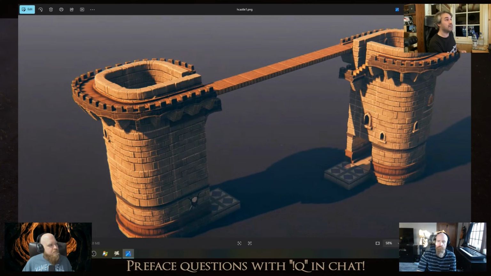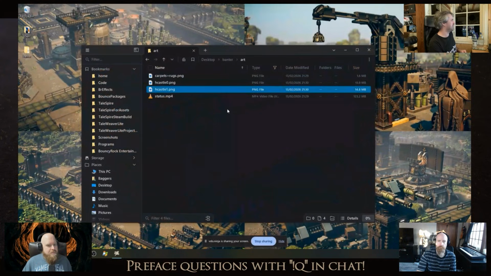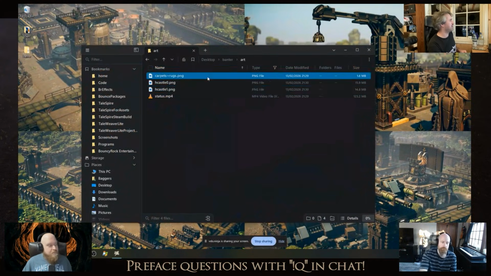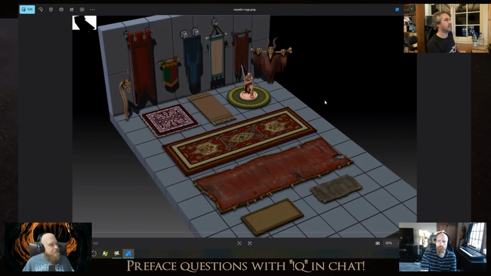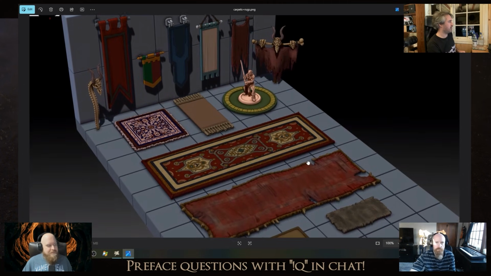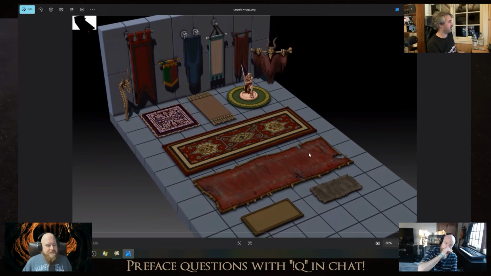Also on the art side, hey, actually, Jason, you'd be able to talk us through what's going on here. Let's see. That is the new rugs and banner pack that's coming out. So originally we were going to ship these along with the castle refurb, but they can have their own pack. Why not? So yeah, I've been working on these, and they're almost ready to ship. I'm going to be shooting for next week. I'm working on the low polys right now.